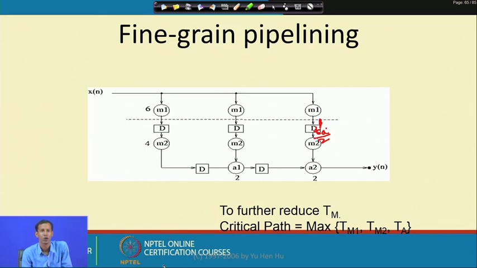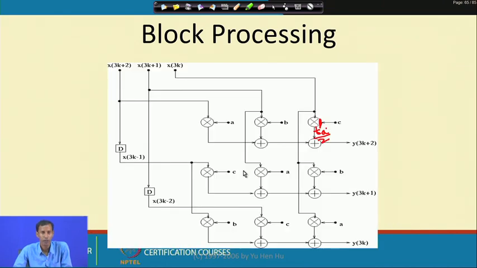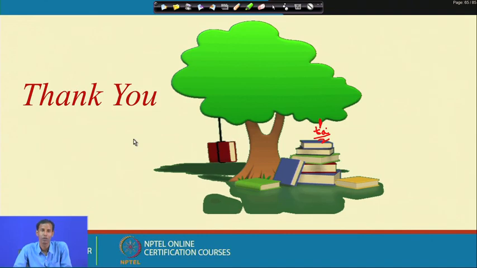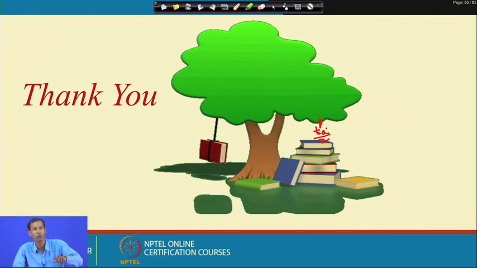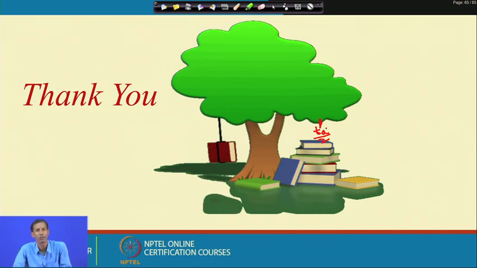Okay. So, these are the basic ideas or the basic principles of pipelining and parallel processing. So, this is one FIR filtering, the parallel processing architecture of FIR filtering. Okay. So, for today this is it. In the next class we will take one example and we will see how we can reduce the critical path. We will start with a particular requirement of the critical path, then we will try to see how I can achieve the corresponding critical path by using pipelining and parallel processing. Thank you.